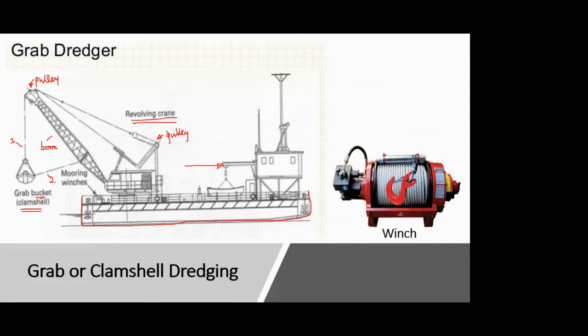And here you will be having some counteracting weights, which will move the pulley up and down. So the lowering and upward movement of the bucket will be done by varying the tension in this string number 1 or rope number 1, which is attached. As we know, it's dredging, we have to dredge the material which is submerged in water.